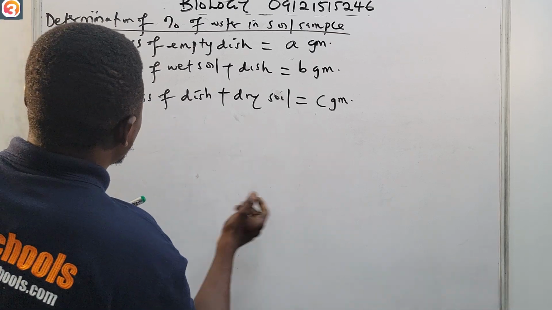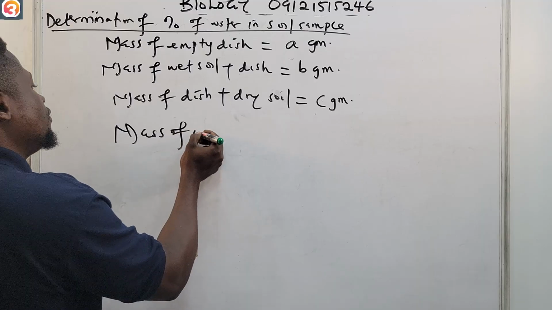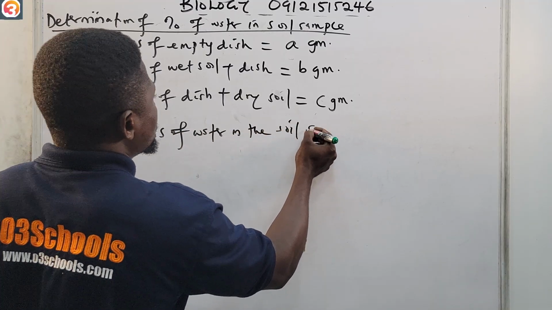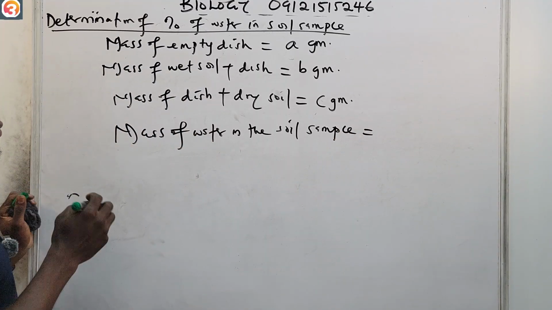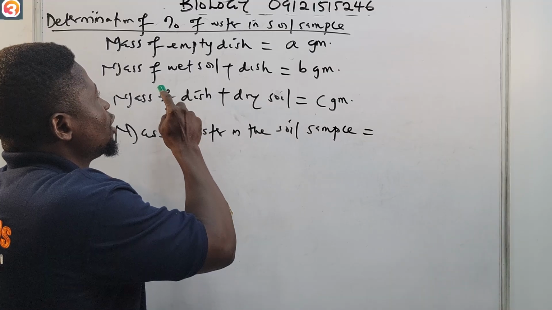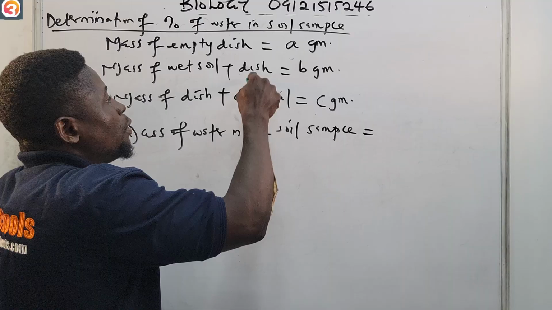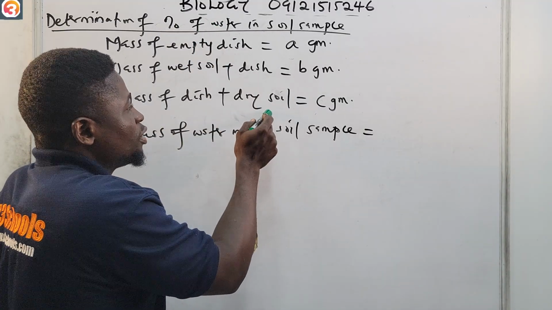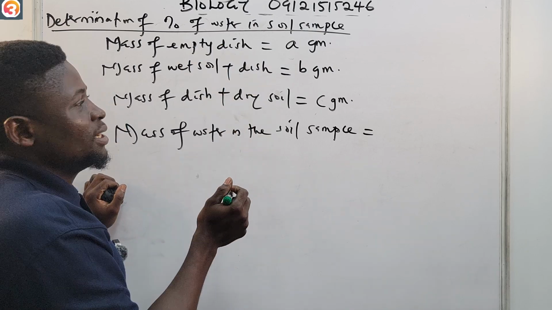Then up next, I'm now going to have the mass of water in the soil sample. So what will now be the mass of water in the soil sample? From where did the water vanish? It was when you heated this mass of wet soil plus the dish. That water evaporated. So here now, mass of dish plus dry soil. If you want to have the mass of the water in the soil sample originally, then you need to